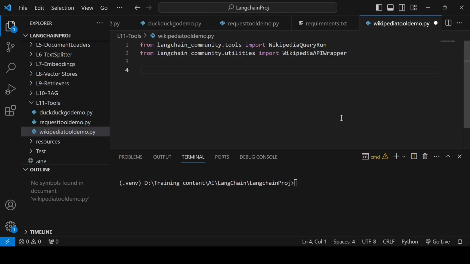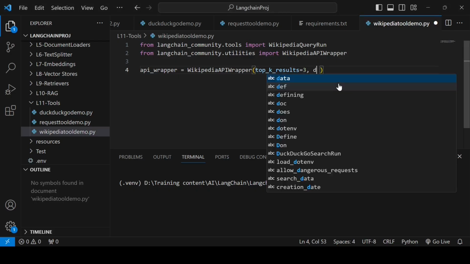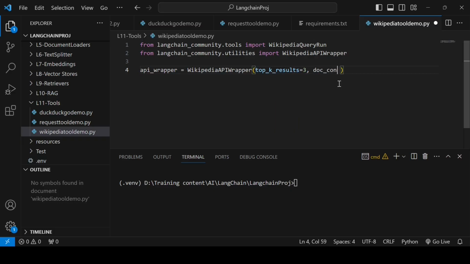So first thing we have to create an instance of this API wrapper. Let's name it api_wrapper equal to WikipediaAPIWrapper. Here I can give how many results I need. Let's say I need the first 3 results, top_k_results equal to 3. I want to limit the characters also, with doc_content_chars_max.